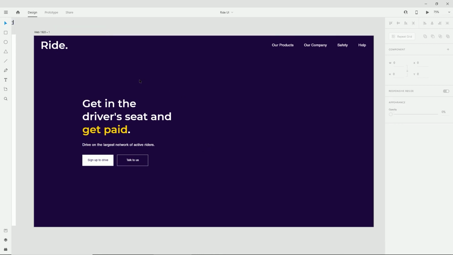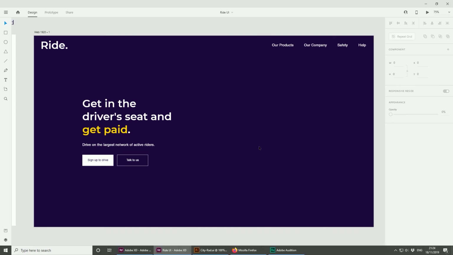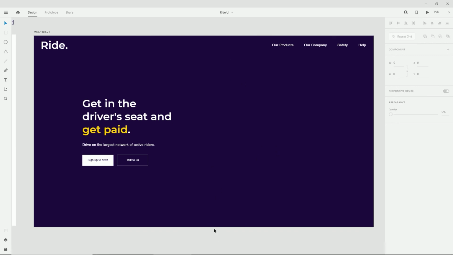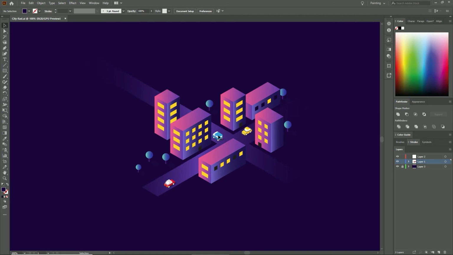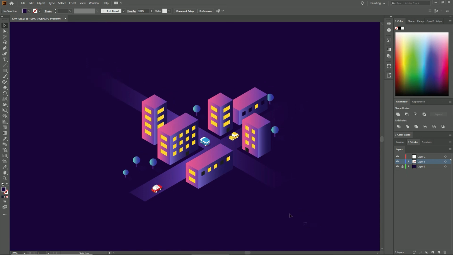Now that we are done with the left side, there is not much else but to come up with a nice attractive graphic for a website. And I've actually spent a little bit of time today creating my graphic, and this is what I came up with, and this is done in Adobe Illustrator. I'm not going to show you how to create this in this tutorial because it takes quite a long time. It's not hard to do, but it takes a long time. If you'd like me to show you how to create this, I can do another tutorial. I'll be more than happy to do another tutorial.